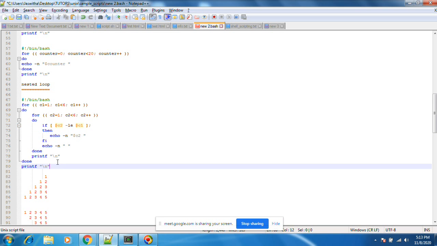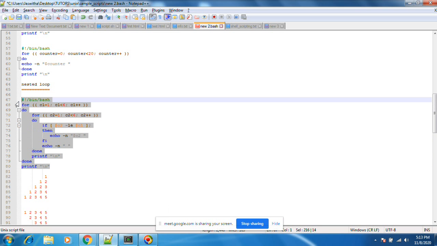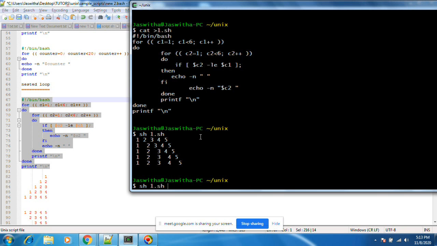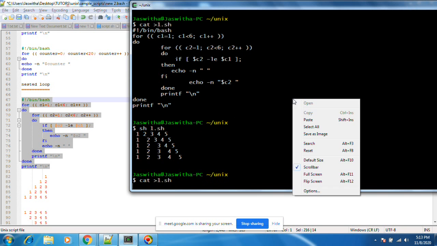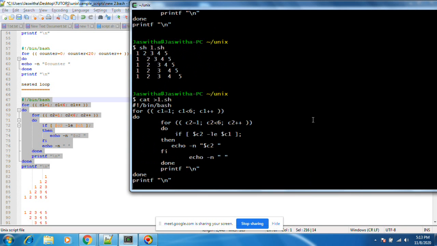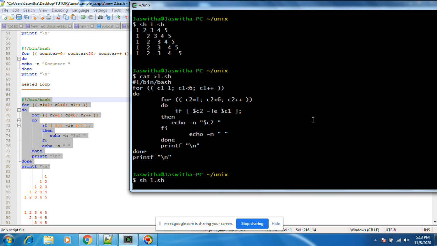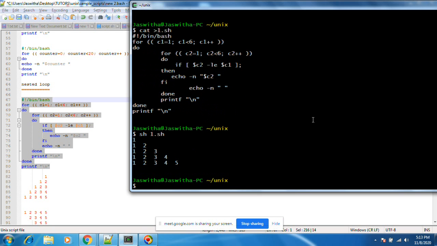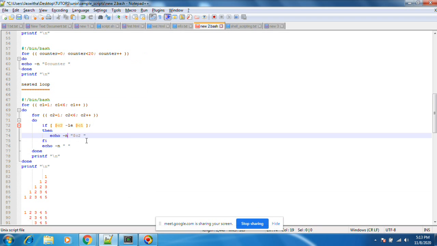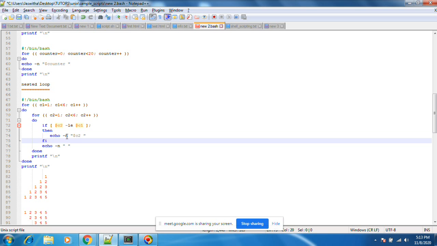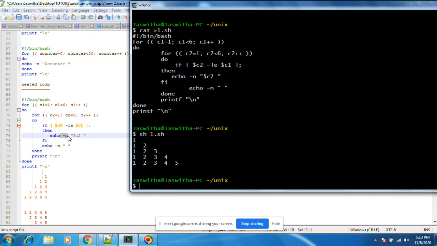Okay, you can practice like this. You will get some other output. Same output is coming. Hyphen n means just printing without a new line. Okay, make sure of that.